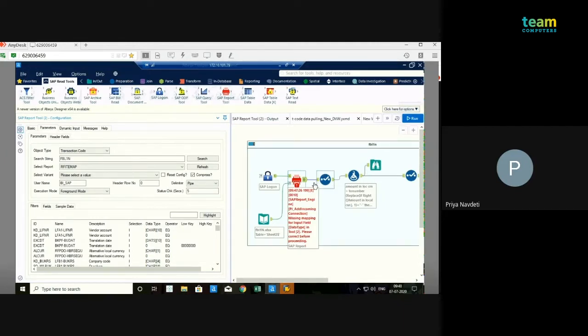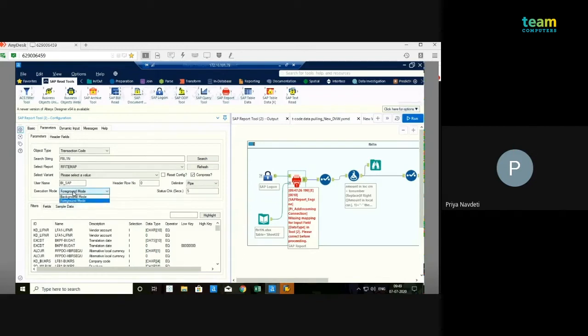If you want the data in linear format, then we need to analyze how to proceed. So just run the data and see how the data is aligned. If data is not aligned, then we need to do some process. Then we have to enter the username, the same username which we are using in SAP, then the execution mode.